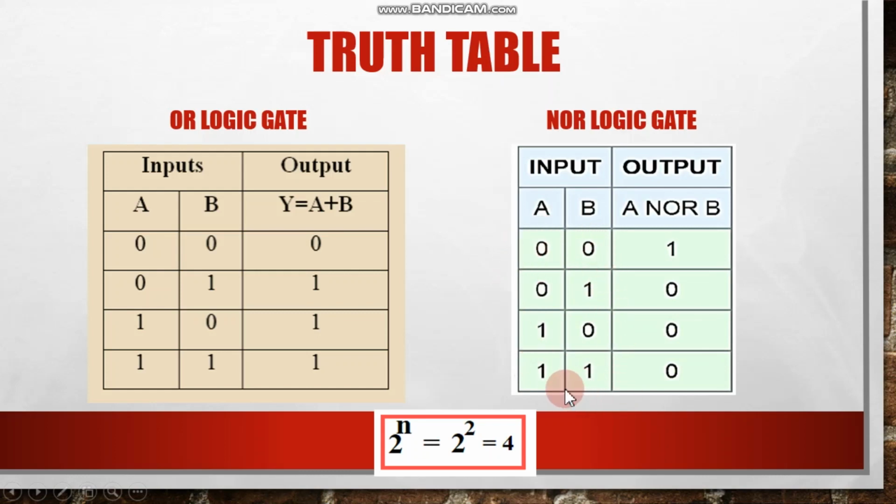I got this combination by using a very simple and small formula, that is 2 power n, where n represents the number of inputs you are giving to a logic gate. Since for both the logic gates I am giving two inputs, one represented as A and another by the alphabet B, here I will write 2 raised to 2. So n is 2, and 2 raised to 2 gives me 4. So using two inputs A and B, I can make 4 combinations. Those 4 combinations are 0 0, 0 1, 1 0, 1 1.